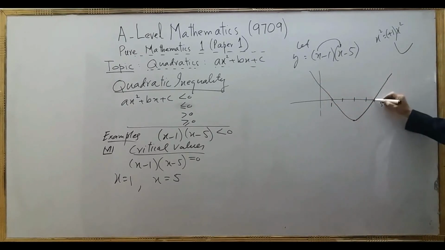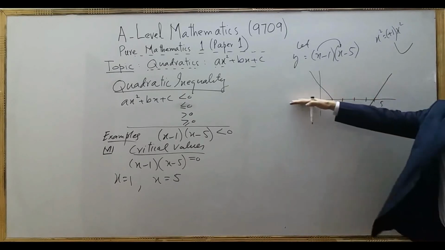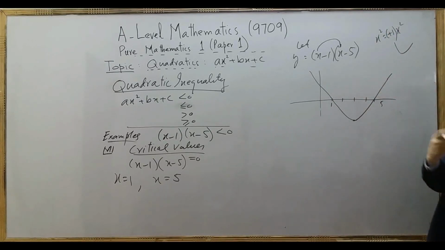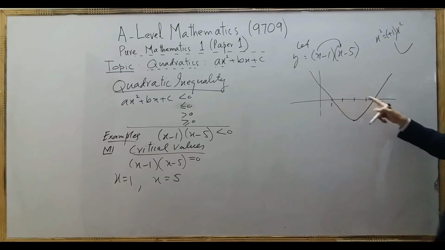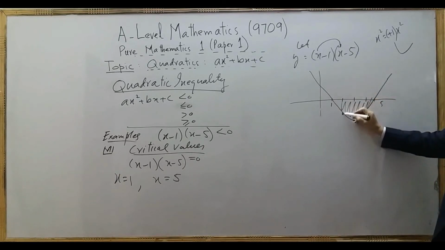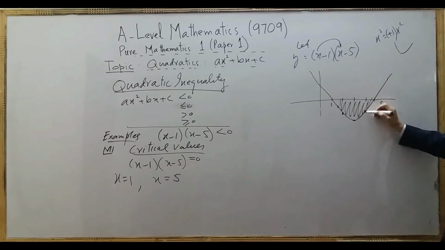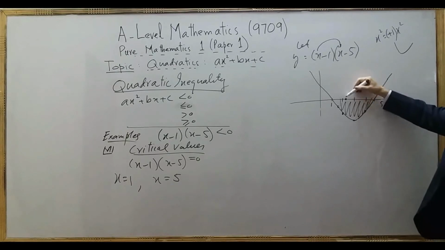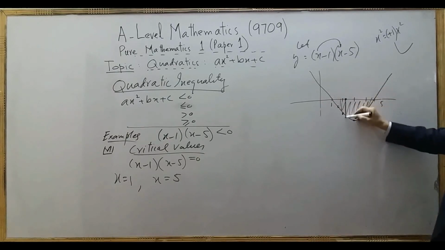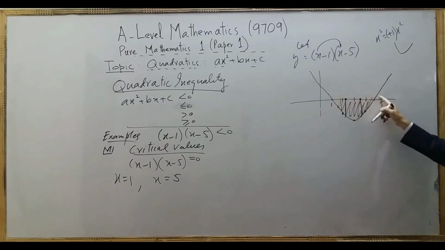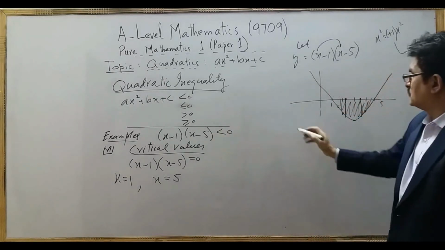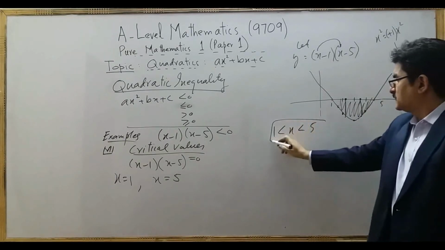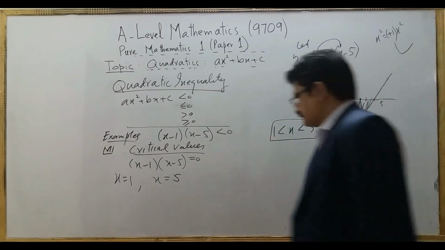Now we have two important parts of the curve. One part is below x-axis and these two parts are above x-axis. In terms of coordinates, this means that from this to this point, y coordinate of these points will be negative, y coordinate for x coordinate from 1 to 5. For example, if you take here some point, you will have value of x greater than 1, less than 5, but y is negative. Y is negative, x is between 1 and 5, and we need less than 0. So your answer is 1 less than x less than 5. This will be your answer to this part in method 1.